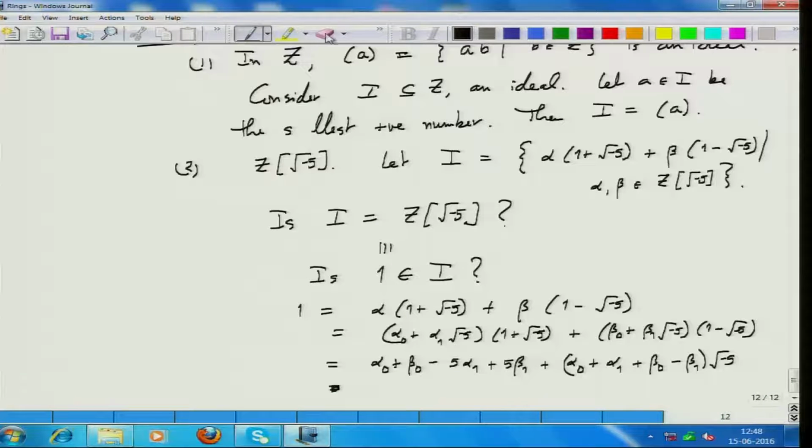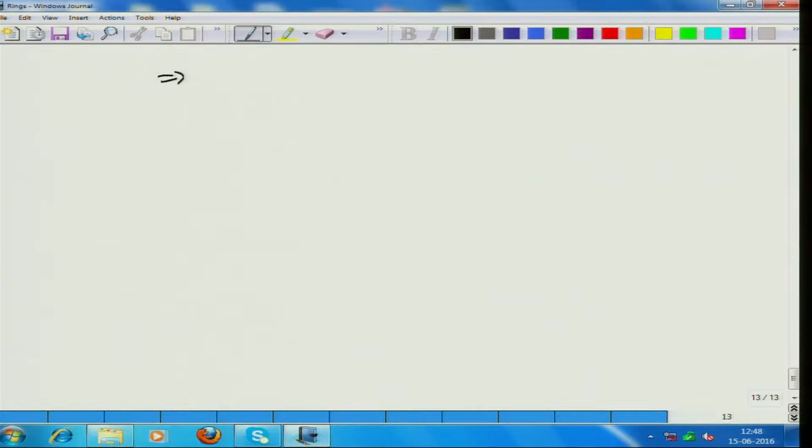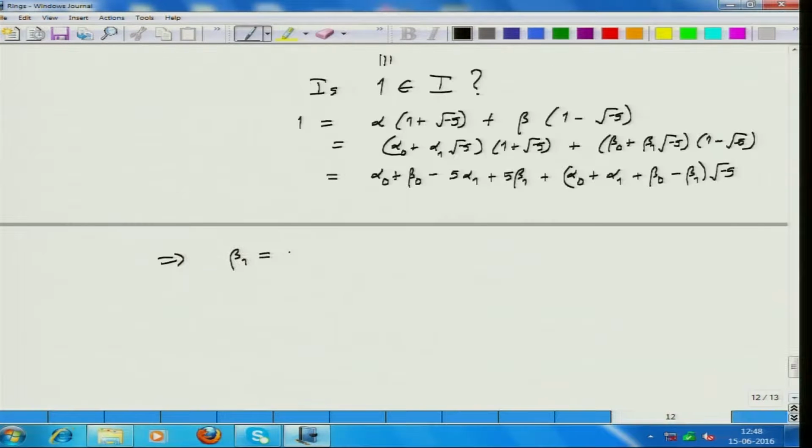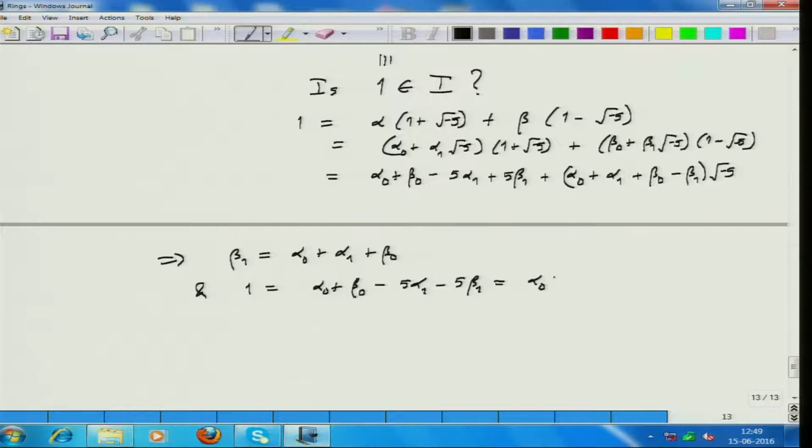So, not this. So the conclusion is that beta 1 equals alpha 0 plus alpha 1 plus beta 0, and 1 equals alpha 0 plus beta 0 minus 5 alpha 1 minus 5 beta 1. That's alpha 0 plus beta 0 minus 5 alpha 0 minus 5 alpha 1 minus 5 beta 0. And that equals